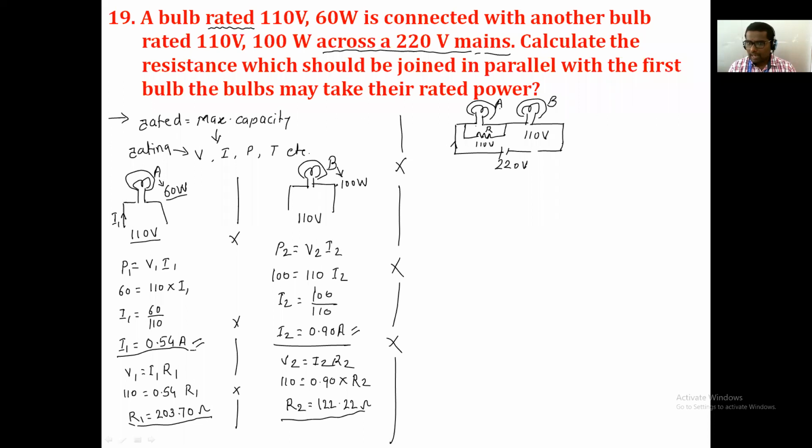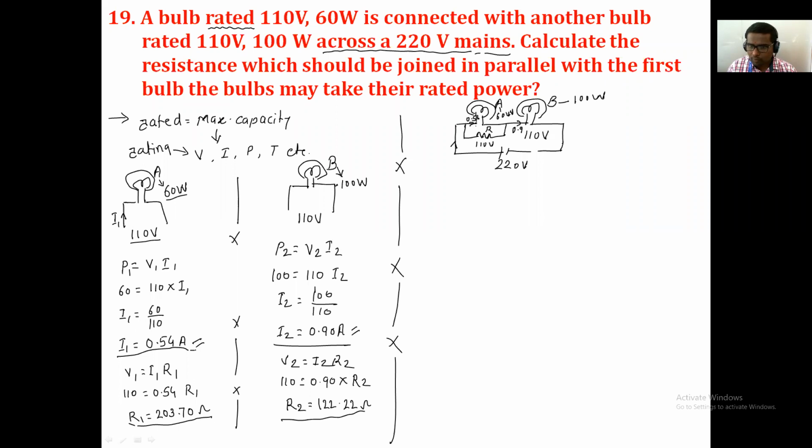आपली रिक्वायरमेंट काय आहे की या ए बल्बनं 60 वॅट घेतला पाहिजे आणि त्याच्या अक्रॉस 110 व्होल्ट असला पाहिजे. या बी लॅम्पनं 100 वॅट पॉवर कंझ्युम केली पाहिजे आणि त्याच्या अक्रॉसचं व्होल्टेज 110 व्होल्ट आहे. आता ही रिक्वायरमेंट कशी फुलफिल करता येईल त्याच्यासाठी आता सर्किट करंट हा किती असला पाहिजे? कॅन एनीवन? 0.9. आता मला सांगा ह्या बी बल्बने 100 वॅट पॉवर कंझ्युम करण्यासाठी त्या लॅम्पमधून किती करंट फ्लो झाला पाहिजे? 0.9. बरोबर आहे.